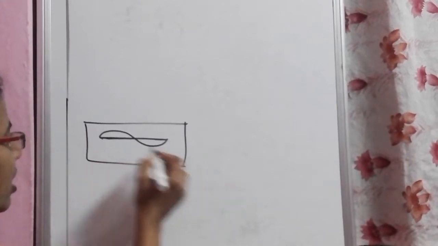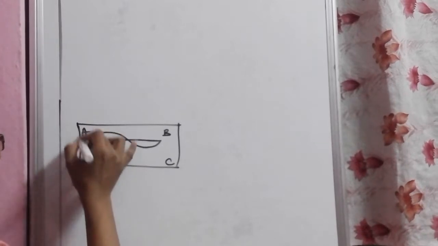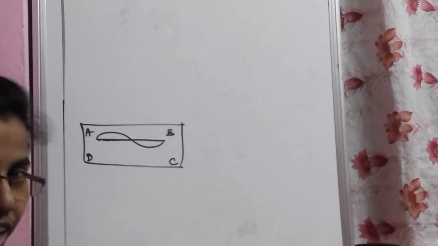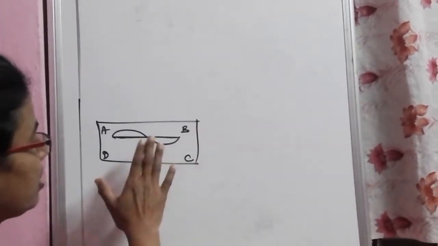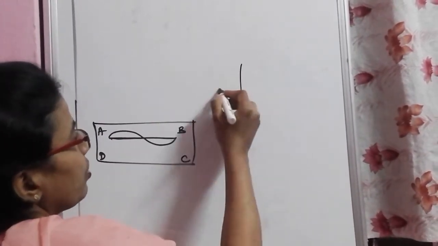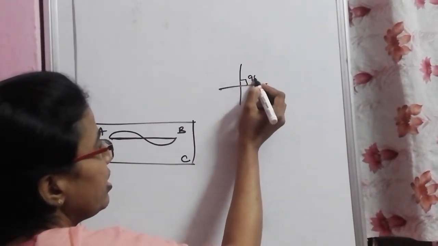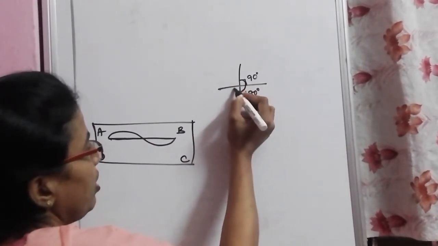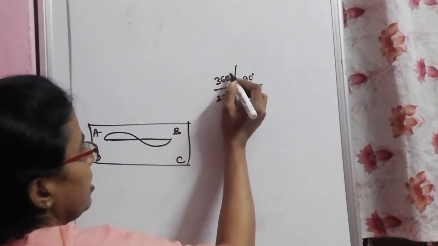other way of symmetry. Let's write this A, B, C and D. Now what we are going to do for this is rotate it and find out at how many degrees it is going to be the same. So this part, let me show this. Okay, so from here to here it is 90 degrees. From here to here it is 180 degrees. From here to here it is 270 degrees and the complete part is 360 degrees.